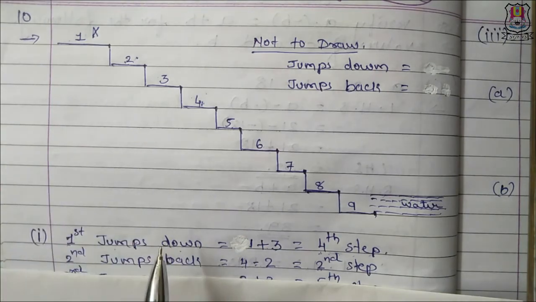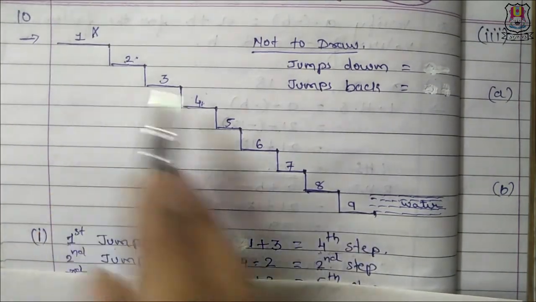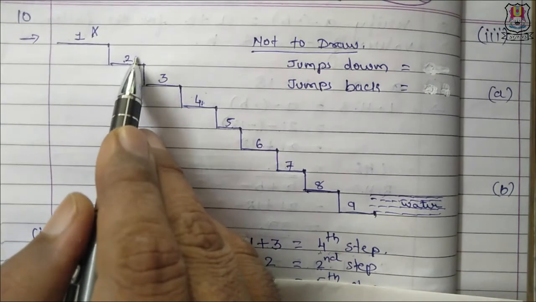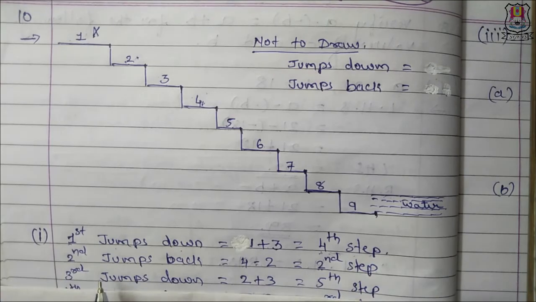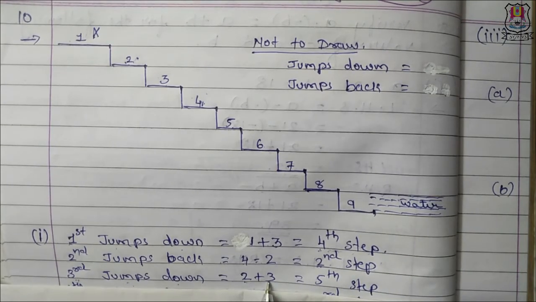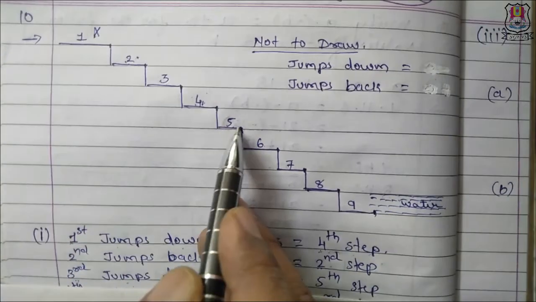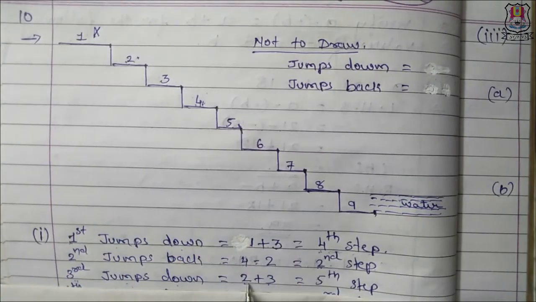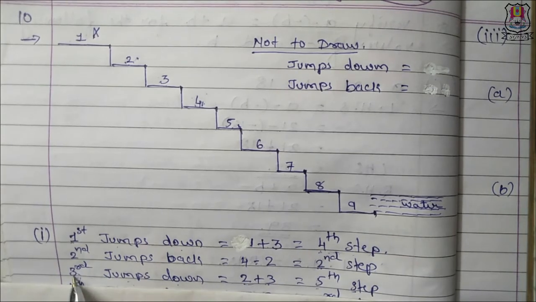Again the same process is to be repeated, because we have to send the monkey to the water level in how many jumps he is going. Now monkey is sitting at the second step. Then he jumps back downwards 3 steps. So in the third jump he jumps down. He was on the second step, and then he jumps 3 steps down, so from the second, third, fourth, and fifth. Right now he is on the 5th. So 2 plus 3, that is he is on the 5th step, and his jump is third jump.